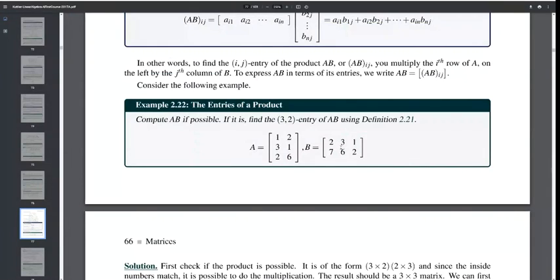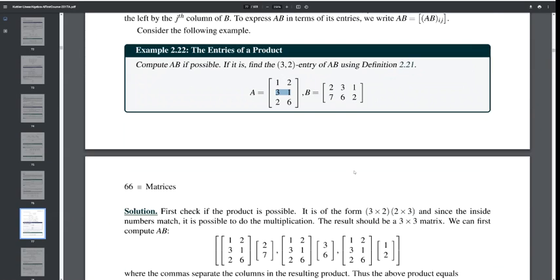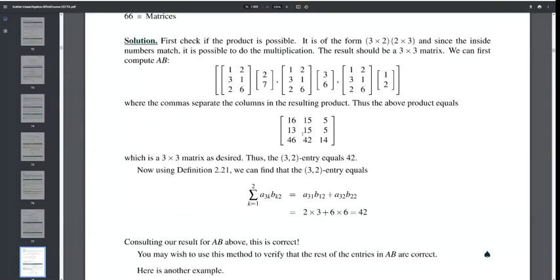Let's say I want you to find, suppose the entry 2-2, which means the second row and the second column. So now, instead of the third row in A, you use the second row in A. 9 plus 6. Yes, 9 plus 6, absolutely, which is 15. So if we have the matrix, we can check it, and you see it is here. It's 15, the 2-2 entry. It's the middle entry in here. Okay,